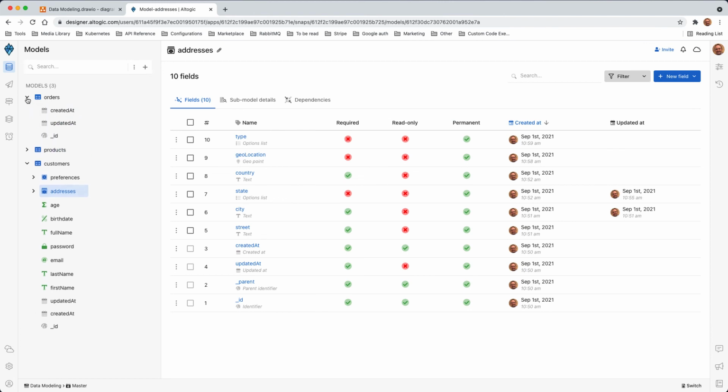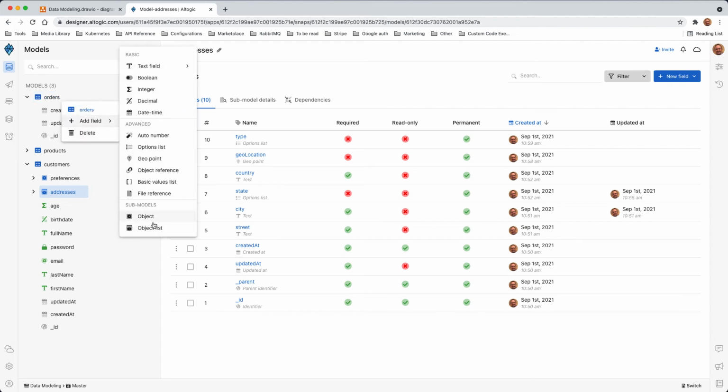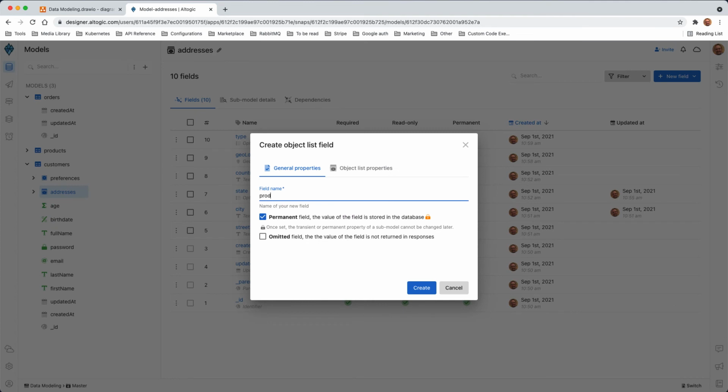So what kind of information do we need to keep in the orders? Obviously, we need to keep the list of products that this order includes. You can think of this like a shopping cart. In the shopping cart, there are multiple products. Each product has a quantity and an associated price. So the first thing we will be doing is creating an object list, okay, the list of products for this order,